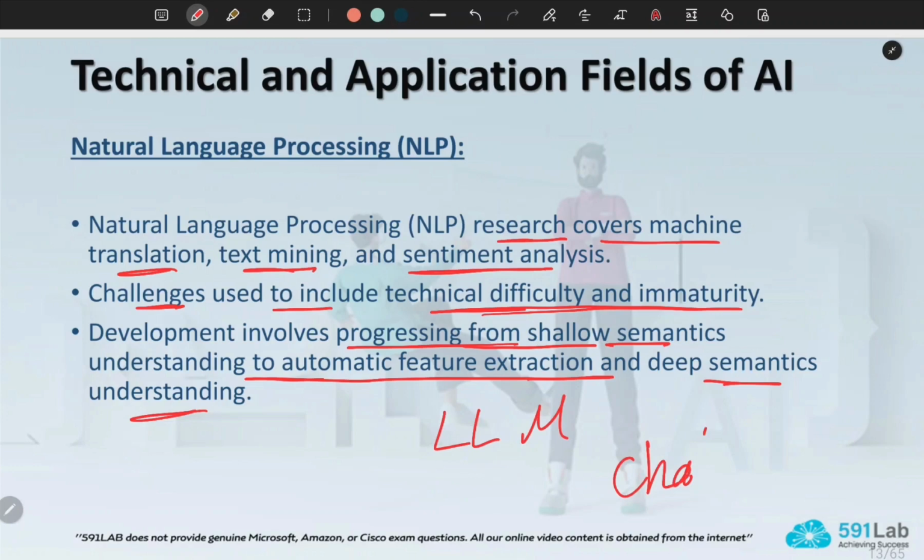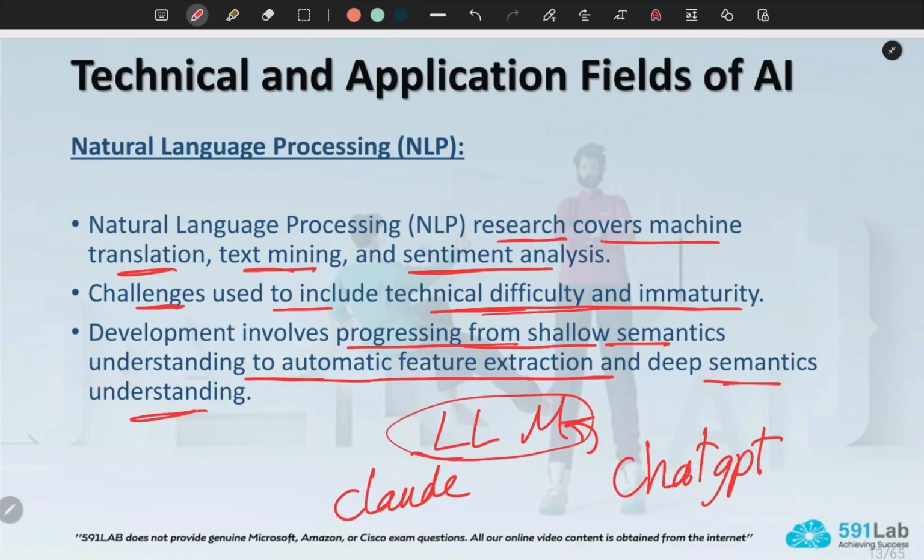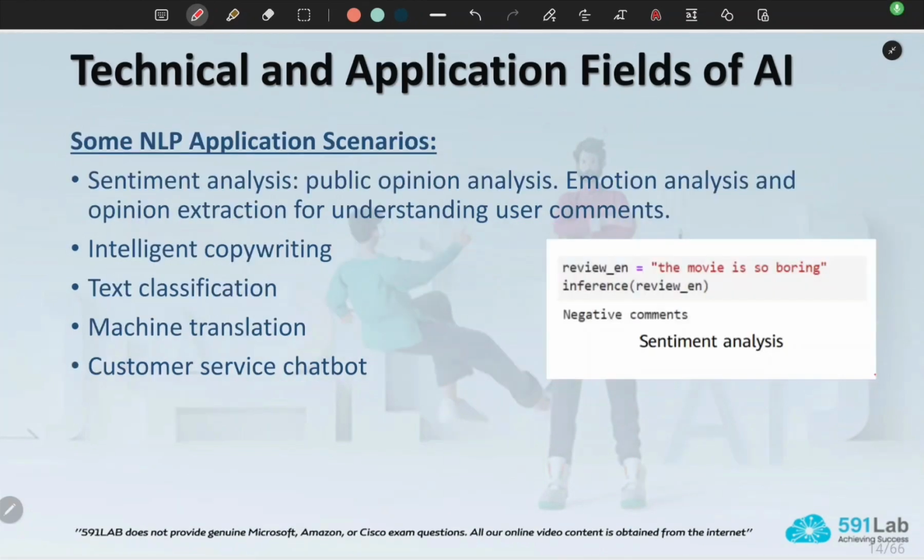ChatGPT is a large language model. Also there's Claude and there are many players in the field currently. Large language models were the breakthrough that happened in NLP to overcome the challenges that used to persist in the past.